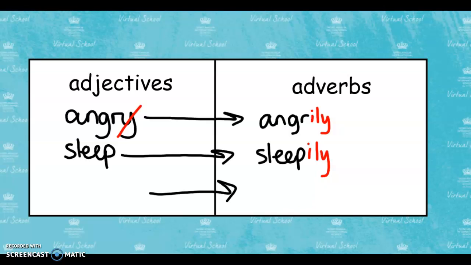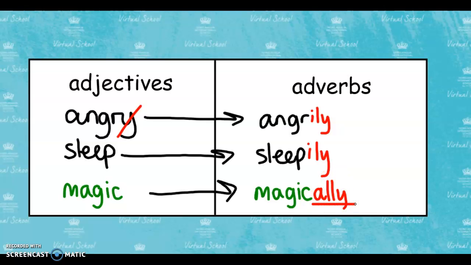For example, if we take the word magic, when we transform this into an adverb, on the end of that word we would add ally like this, and the word would now be magically. So you can see with these words, there are a couple of little rules that take place to transform these